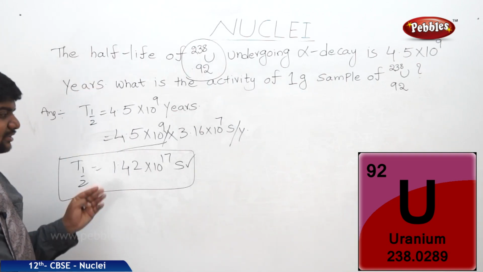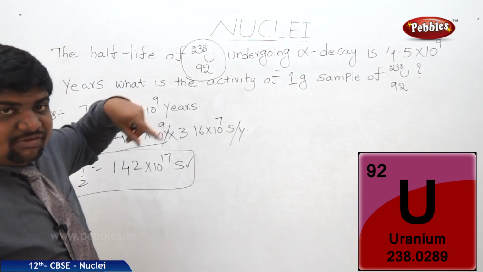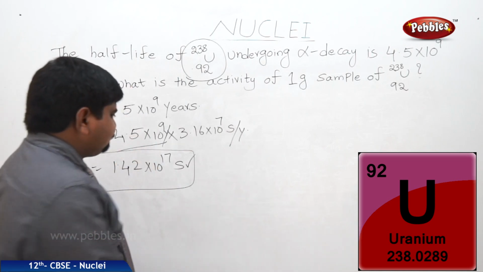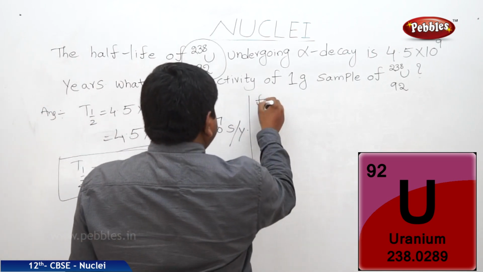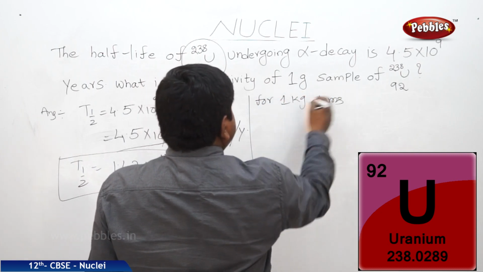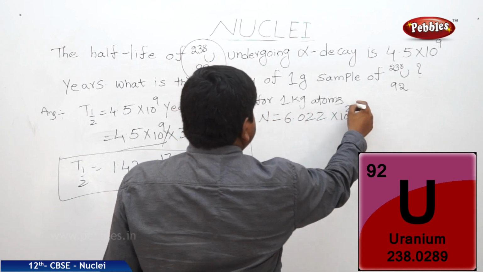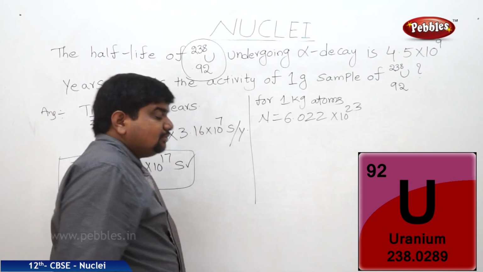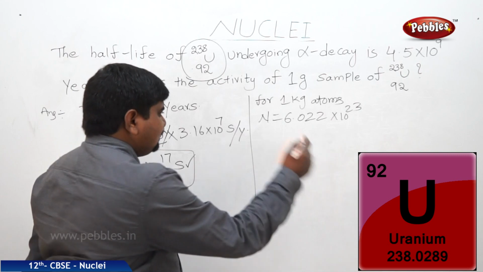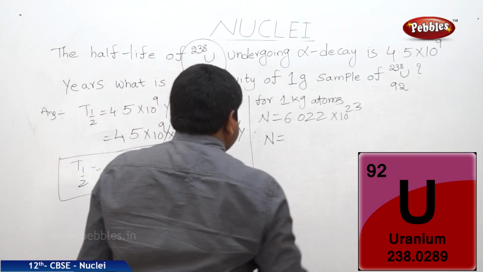Activity means R, it is equal to lambda n. But we should find out n. In 1 kg of kilomoles, 1 kg atoms of the moles, it contains, for 1 kg atoms, n is equal to 6.022 into 10 to the power of 23. Nothing but Avogadro number. But here the sample is not in 1 kg, it is 1 gram. So that's why number of particles in 1 gram is equal to